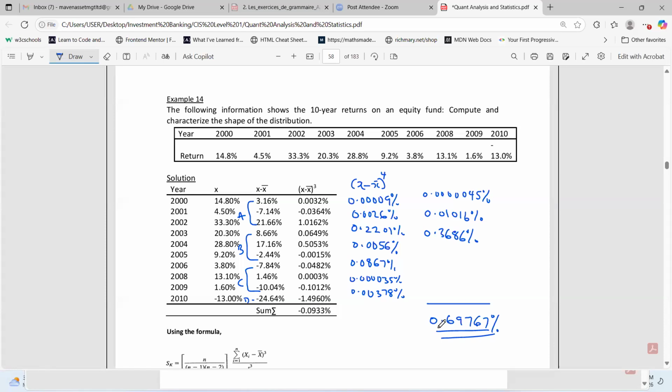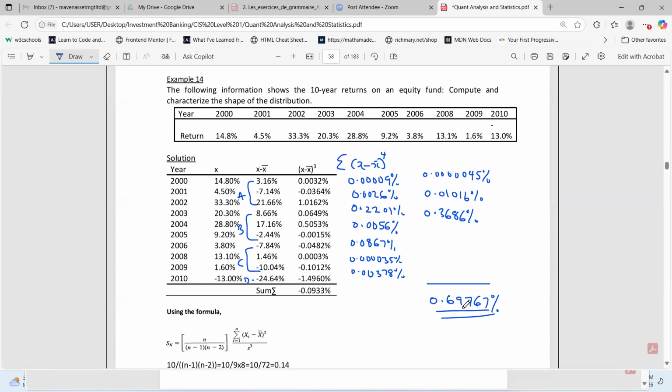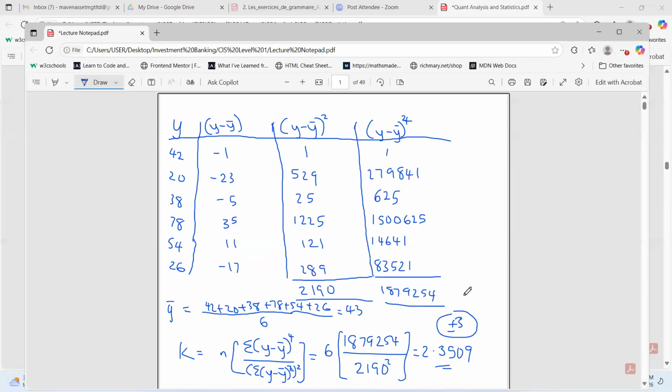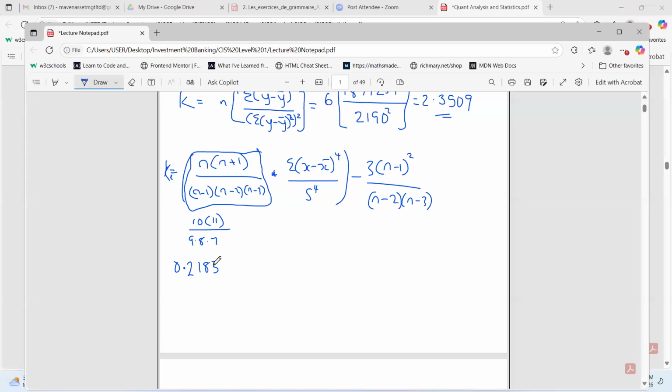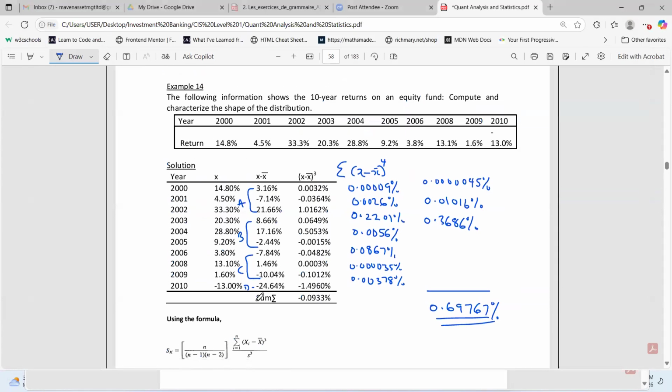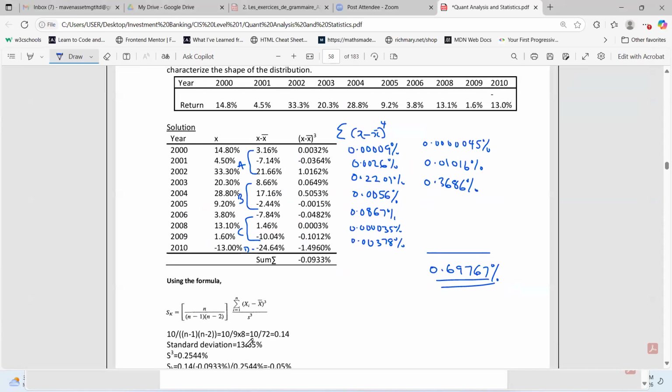So now that we have this sorted out, we need to impute this value, its summation, remember, the summation which we have just gotten here, into this portion of our formula here. So we have 0.69767. Let me go into our worksheet. So this value which we got earlier is multiplied by 0.6967% divided by the fourth root of our standard deviation. Now, if you look at the question, we were told already what our standard deviation was from the previous sessions,